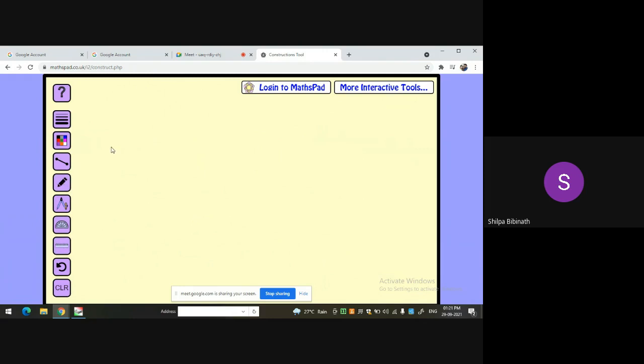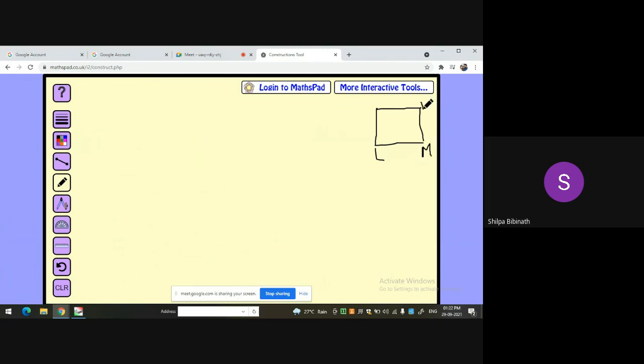Now the fourth question from your practice at 8.1. What is given there? Construct quadrilateral LMNO such that LM is equal to LO, that is 6 centimeter, ON is equal to NM, that is 4 centimeter, and length OM is given as 7.5 centimeter. So let's draw a rough figure. So here there is no angle, just the side measurement is given.